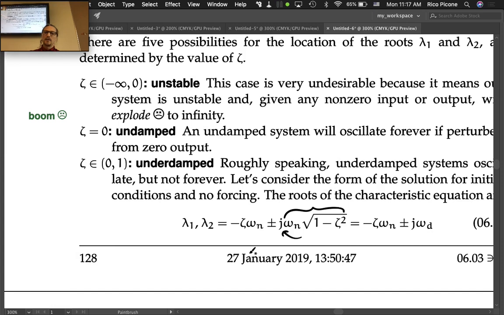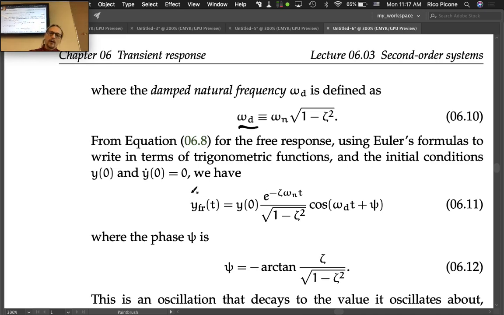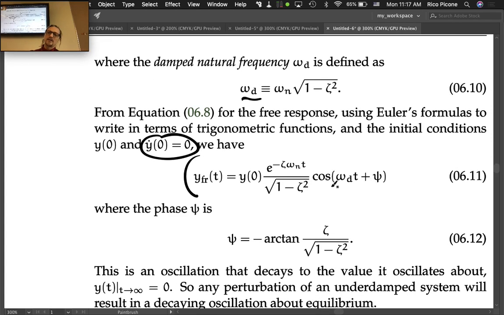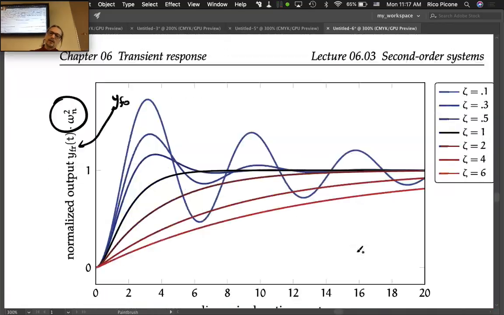So these are our lambda 1 and lambda 2. This is our damped natural frequency. And the preferred form of the free response that we're going to like is given there. So let's go ahead and just use that one, 611, as our free response. This did conveniently use y dot of 0 equals 0. So that's nice. We don't have to go back and find the free response from scratch. So we get to use this value. So 611 tells us that we can use,